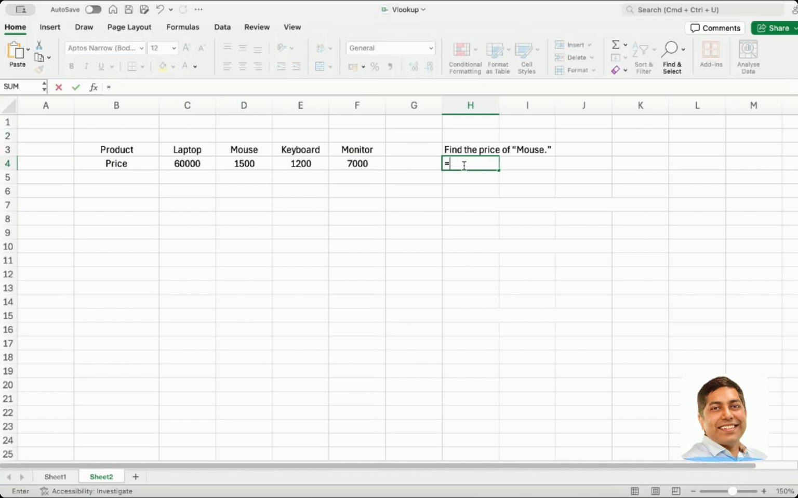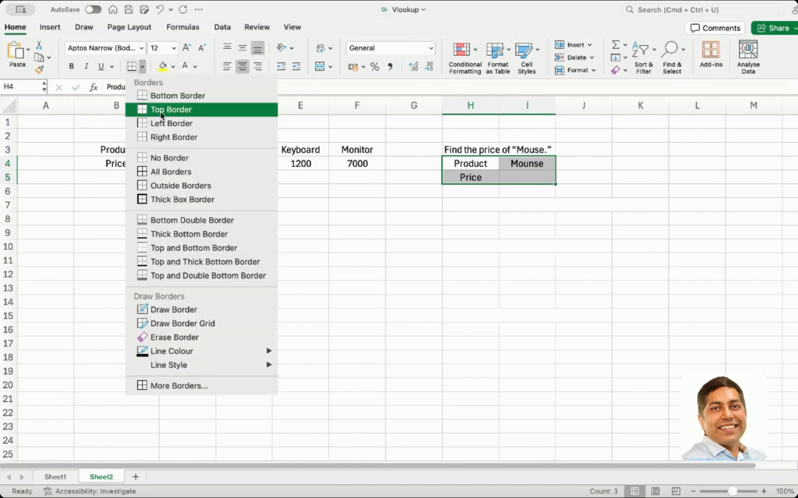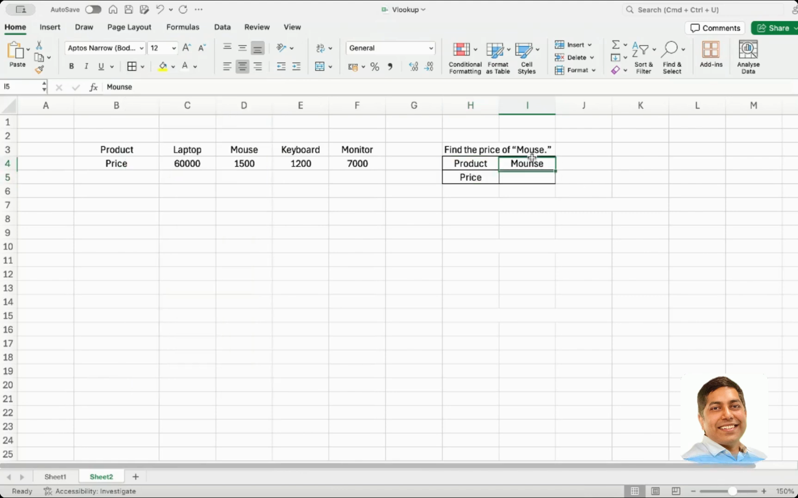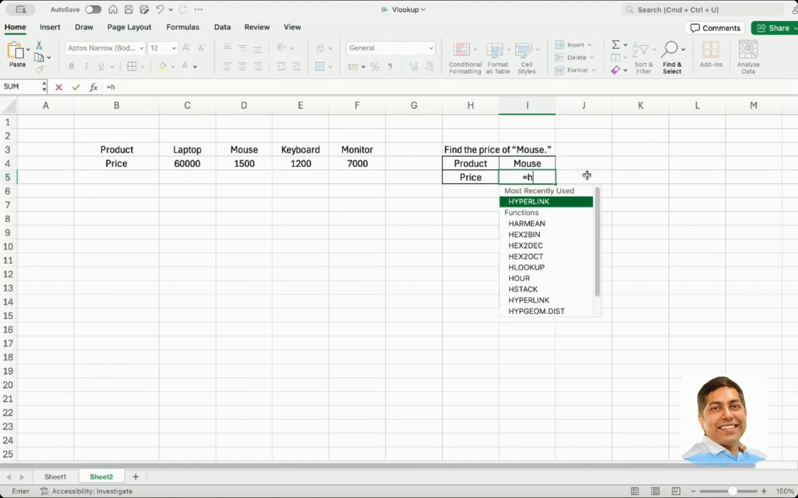You actually do it similar to VLOOKUP, but you just say HLOOKUP, and then you open the bracket, then the lookup value. So basically, we are trying to look up for mouse. So let's say you're going to search for mouse, and how do you do that? I'm just going to write product is mouse, and then let's say price is how much. Let's say the product is mouse. The price is what? Here, HLookup,